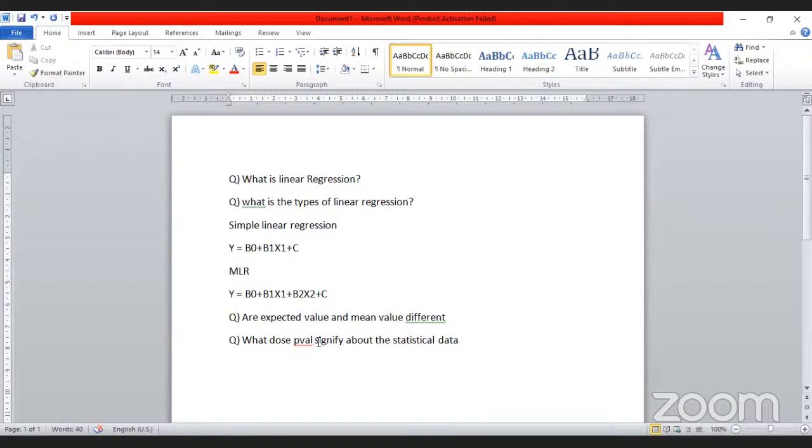In this manner, p value is used. The threshold of p value is 0.05. We have to check whether our p value is greater than 0.05 or less than 0.05. And if p value is equal to 0.05, it is a marginal value, indicating it is possible to go either way, right? Is it clear?